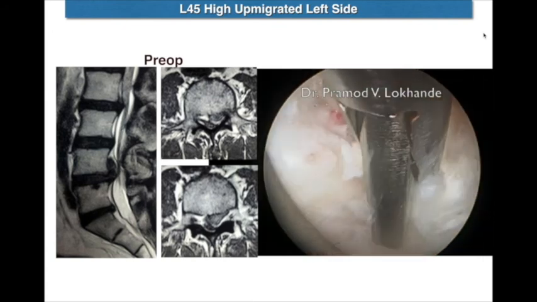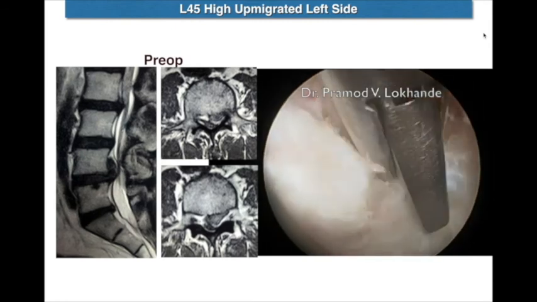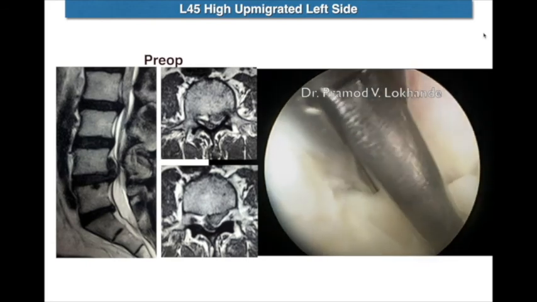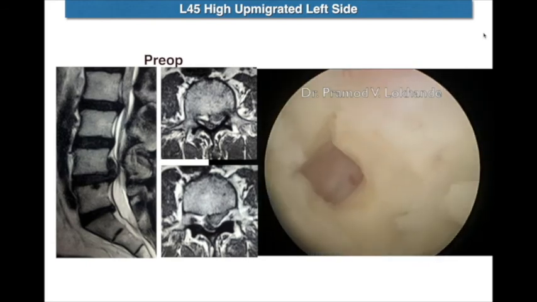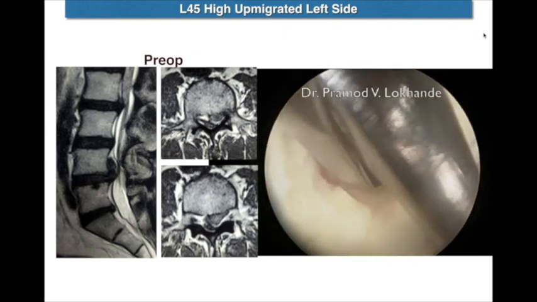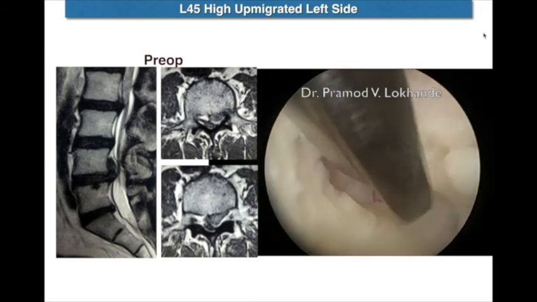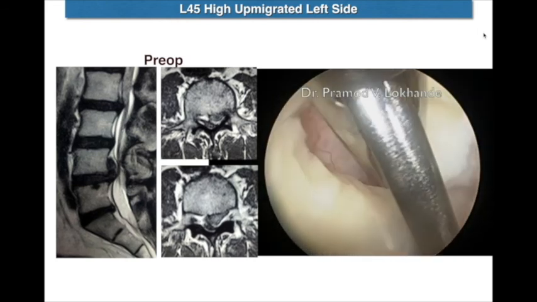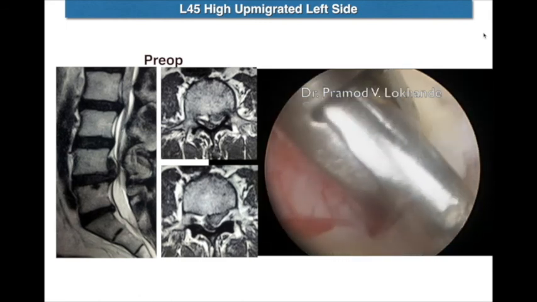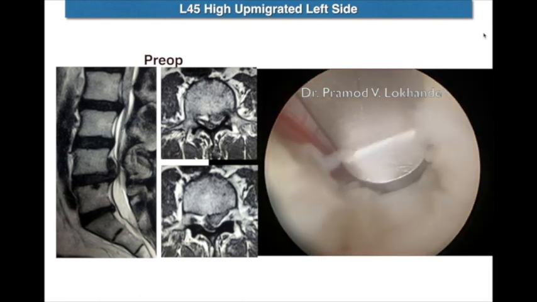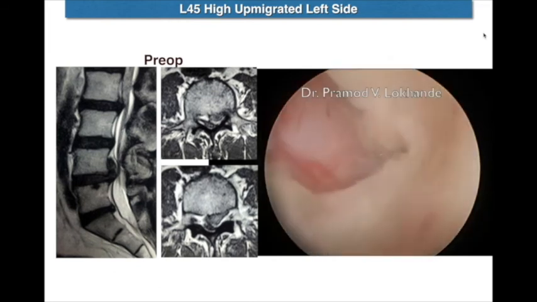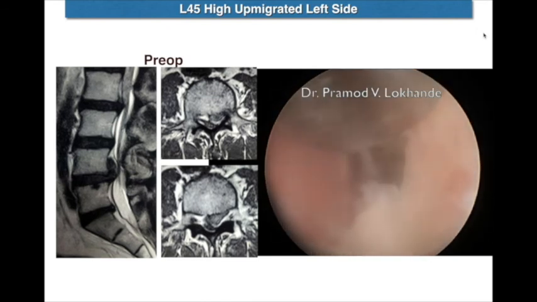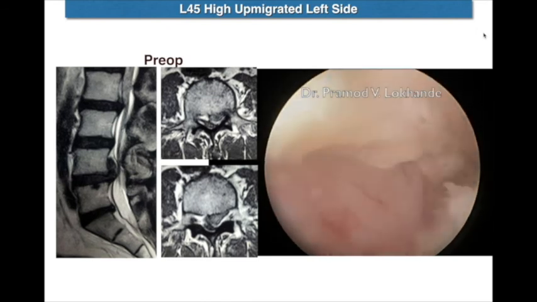flavum is cut with the help of a punch forceps till the epidural space is open, and it is continued cutting laterally till the facet joint is reached. This is done to identify the lateral border of the nerve root. The remaining part of the facet flavum can be resected with the help of a tube sheath punch, which is like a modified Kerrison forceps.